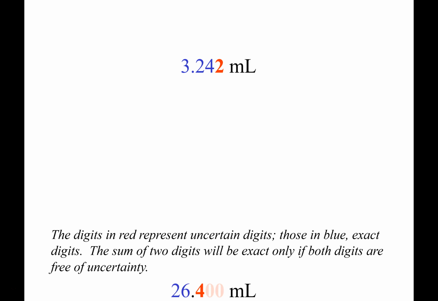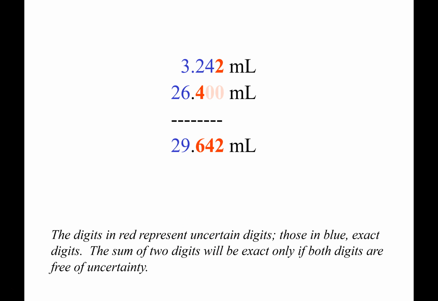So there's the first quantity, okay? And here's the second quantity, 26.4. Where's the uncertainty? In the 4. These zeros are just to show you so I can have this all make sense. So you line them up and you add them up like you're used to doing. Notice anything that's red is uncertain. So we got red here, uncertain, red here, uncertain, red here, uncertain. It's like a contamination sort of thing. So we can only keep one